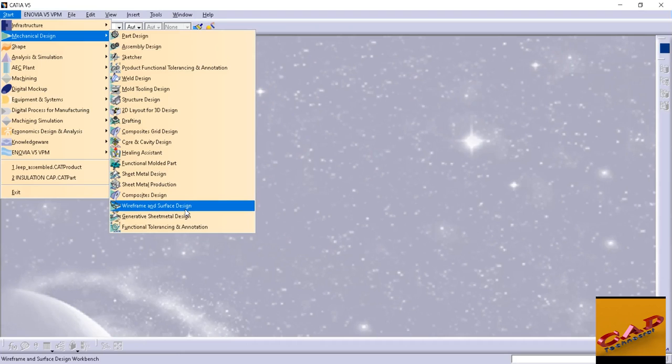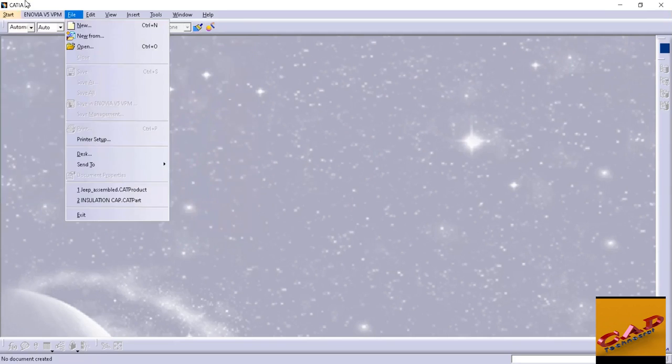These workbenches are not all important or useful for everyone. So we will run only Part Design, Assembly Design, Sketcher, Drafting, then Sheet Metal or Generative Sheet Metal Design.